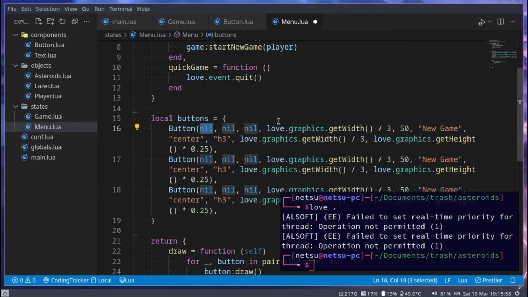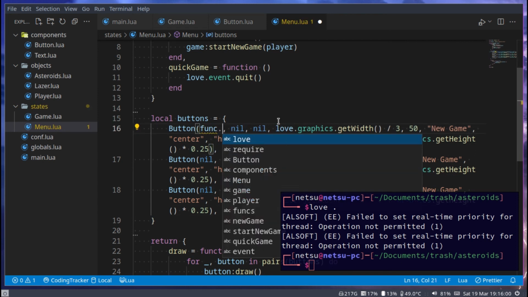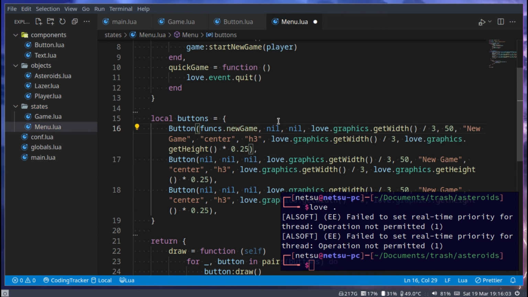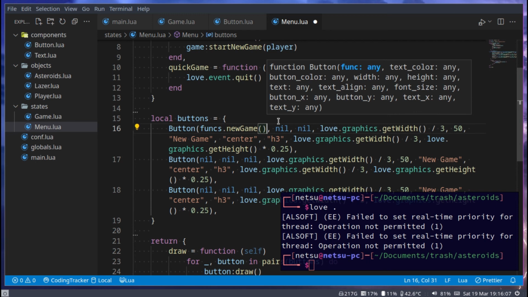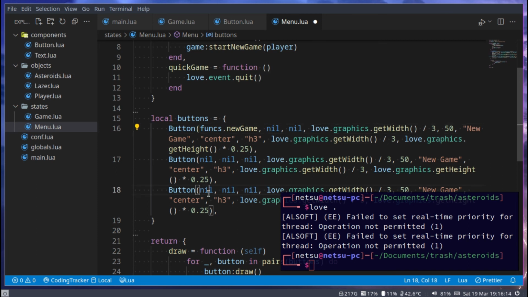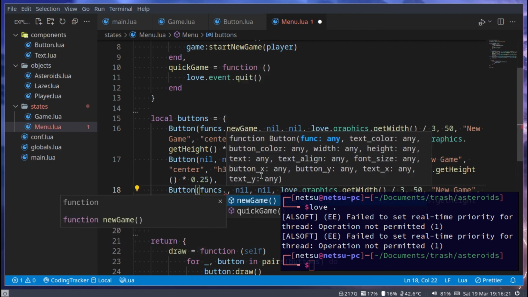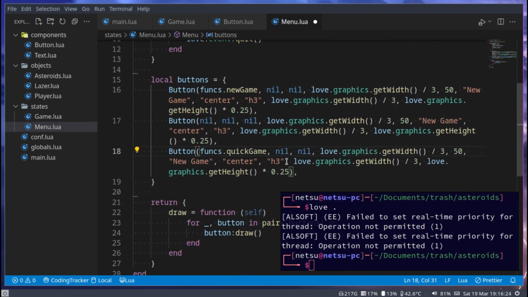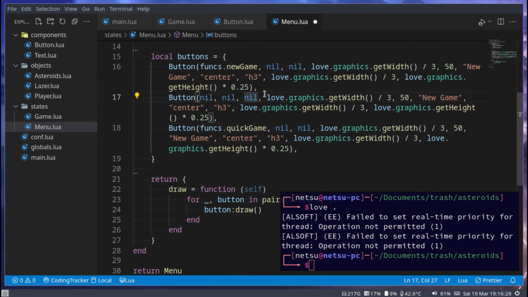First here with this nil, I'm going to pass in funcs.newGame. Take note, however, I'm not passing in brackets. I'm not doing that. I'm just passing in the name. No brackets. Take note of that. And here at the bottom one, you can just say funcs dot quit game. Yet again, no brackets. Okay, then with this button here, we can change the text here to settings for the